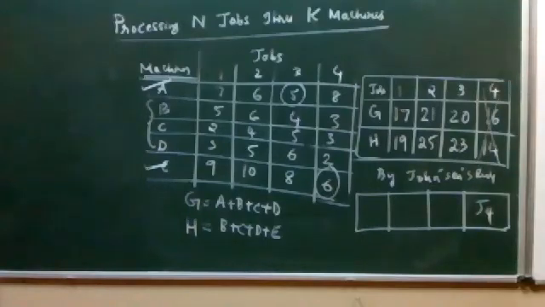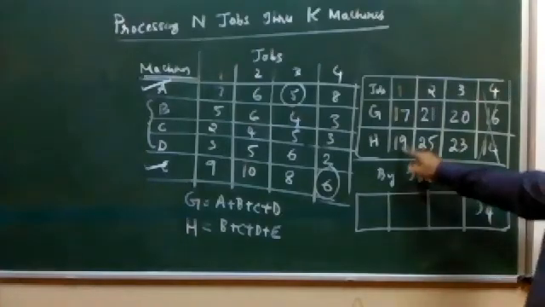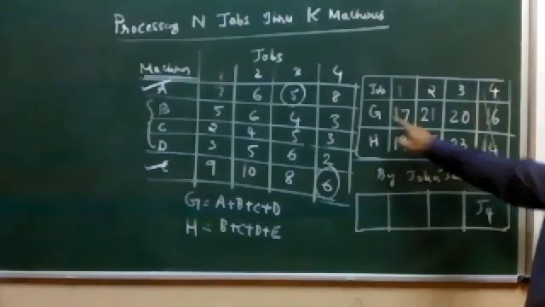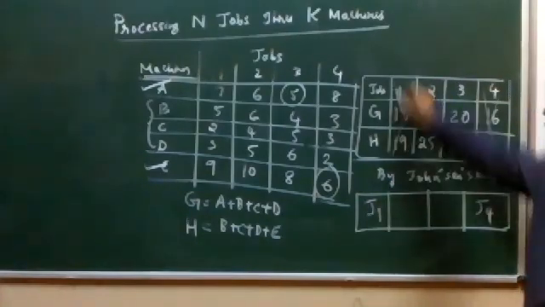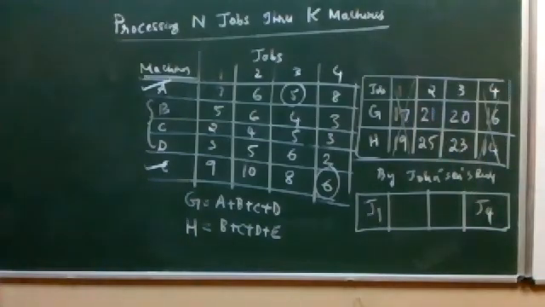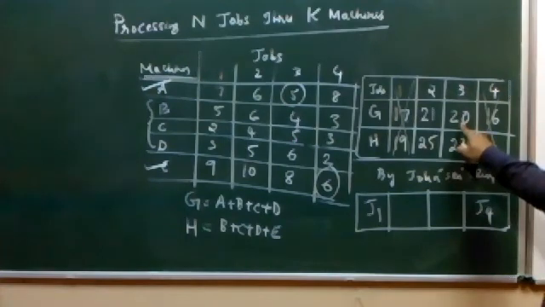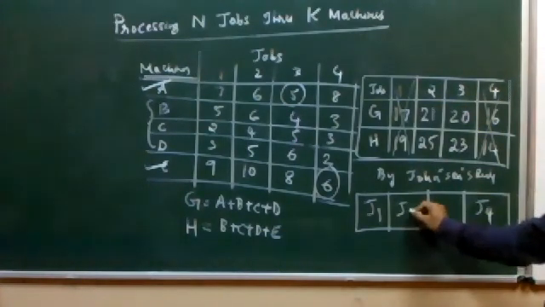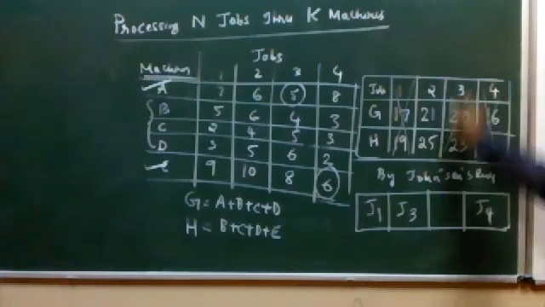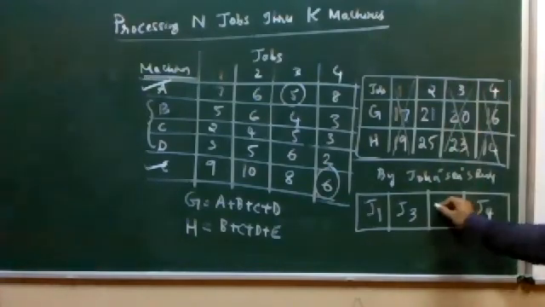Okay. Next, which is the next job? J1. Because 17 is the lowest value, it happens to be on machine 1. Therefore, I can take J1 from the left side. Very good. Then, which is the next value? J3. Because you can see 20 is the next value, and 20 again is on machine 1. Therefore, we can take J3. And obviously, the remaining value can directly be written as it is.